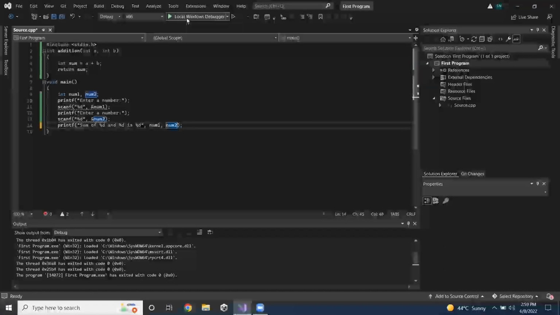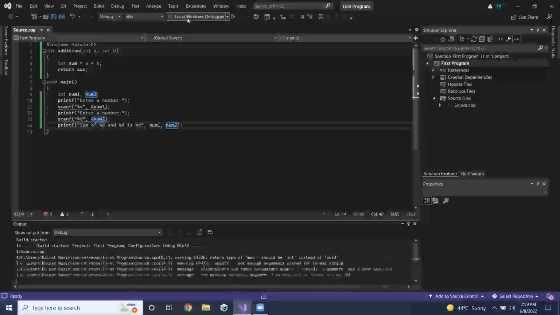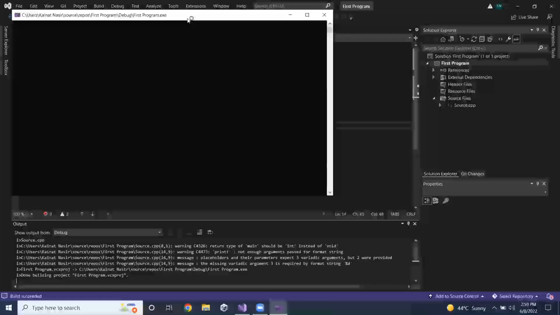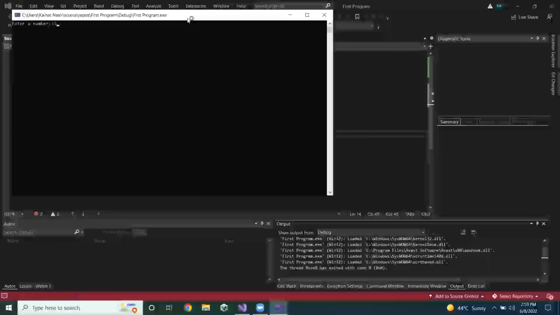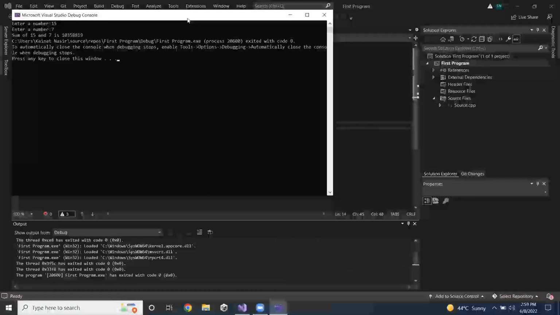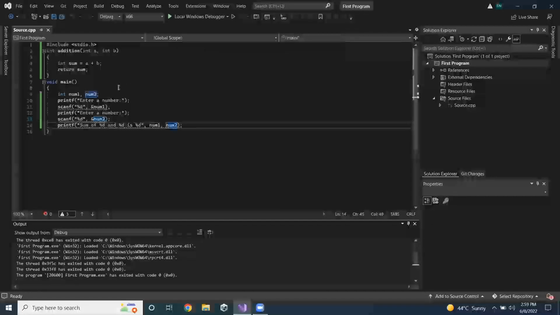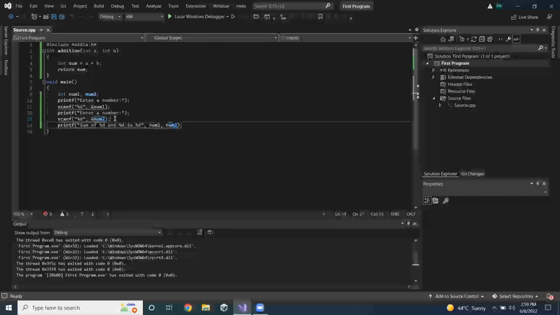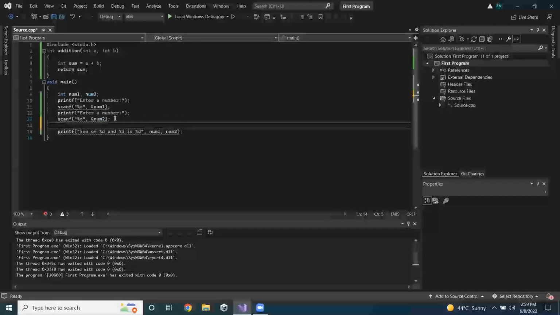You will see nothing as input. You will not see output. The program will run in a normal way, but the output is wrong because we haven't mentioned the function or the variable for the third %d printer. So the first way to call a function is to call it in a printf function, or you can also